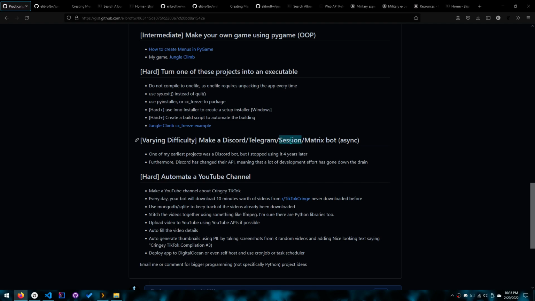I don't even know if it's possible for Session, and for Matrix, it's as good as not possible. They're not easy to use, mostly because the documentation lacks a lot of things. So learn Discord or Telegram bots. They're your best bets. And some backstory is that one of my earliest projects was a Discord bot, and I